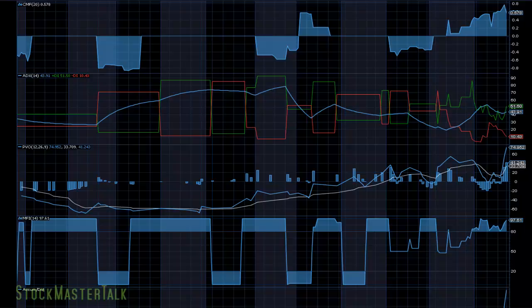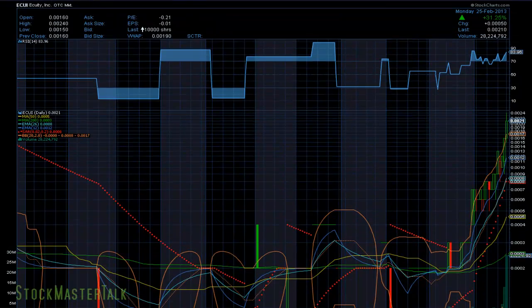We should see some nice movement on Tuesday when the market opens, and I'm really excited to see what it